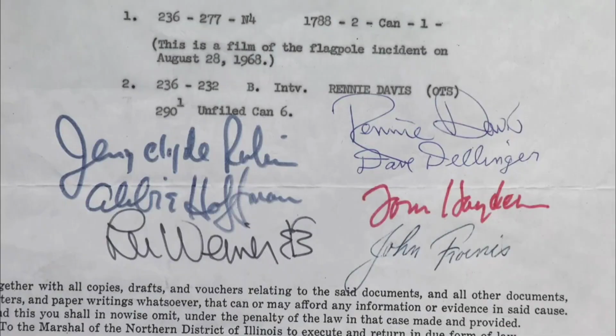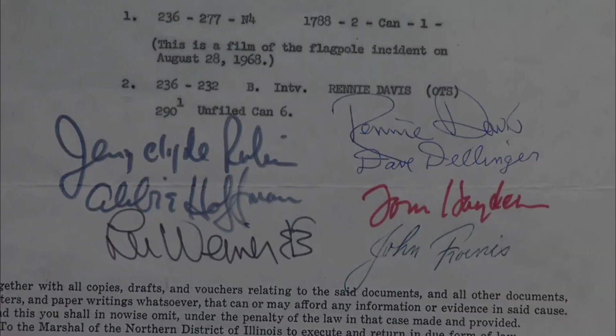After his testimony, the cameraman had the unique idea to ask the defendants to sign his subpoena, resulting in signatures from Jerry Rubin, Abbie Hoffman, Lee Weiner, Rennie Davis, Dave Dellinger, Tom Hayden, and John Froines. The Chicago 7 were convicted of crossing state lines to incite a riot. This signed subpoena, a remarkable piece of history, has been appraised with an auction estimate of